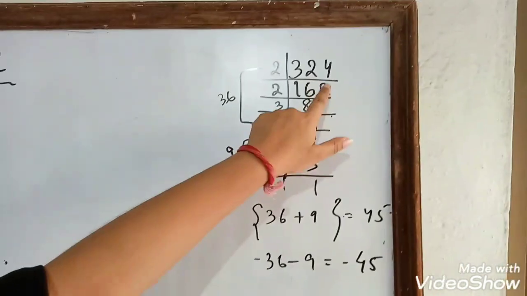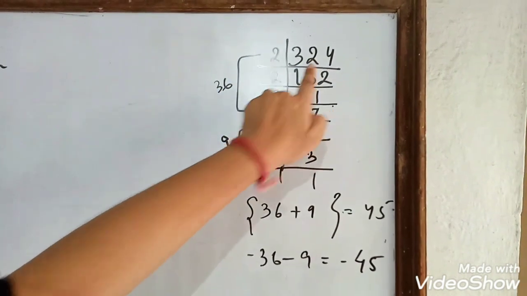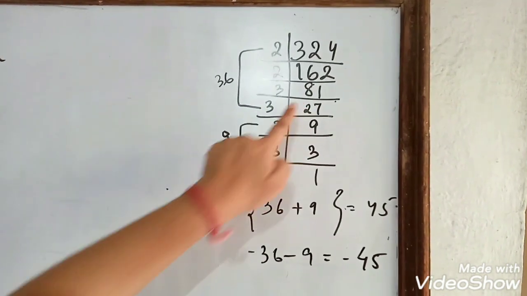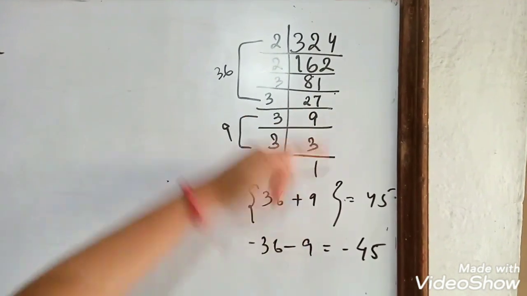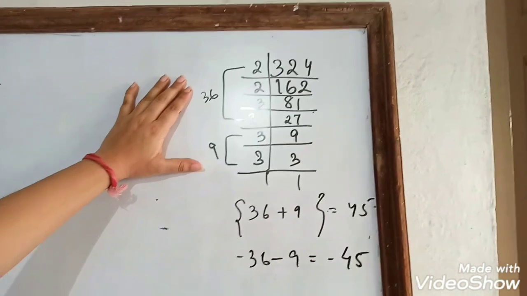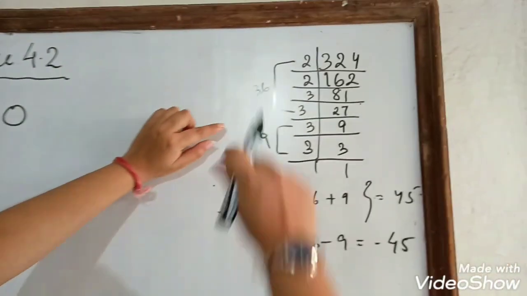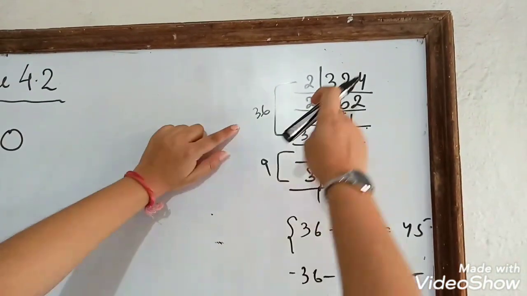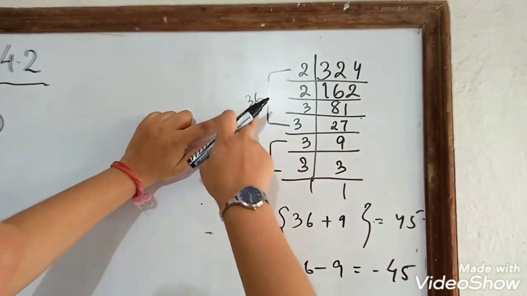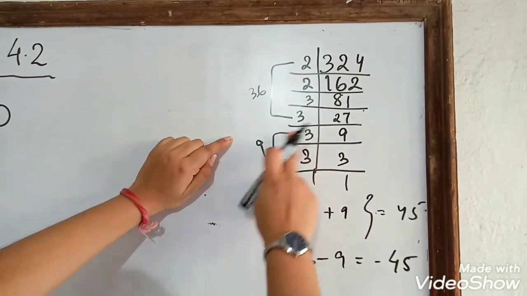Now the LCM of 324 is like this: 2 multiplied by 162 will give you 324, then 2 81s is 162, 3 27s is 81, 3 9s is 27, 3 3s is 9 and 3 1s is 3. So these numbers we have to arrange in a particular manner so that by adding, subtracting or multiplying we get the number 45. The four numbers I am going to take are 2, 2, 3, 3. That means 2 2s are 4, 4 3s are 12, 12 3s is 36, and I am taking the rest of the factors, this 3 and 3, 3 3s are 9.